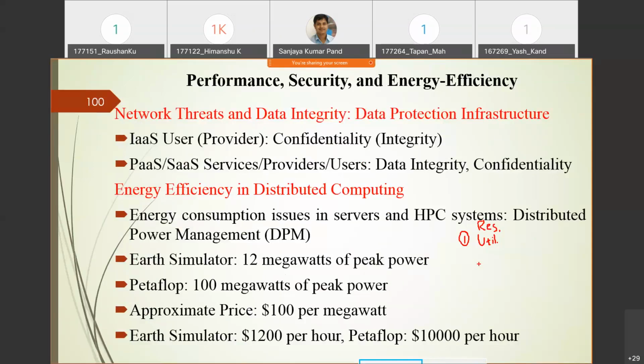Like in your computer system also, if you press Control Alt Delete, you can see the performance of the processors, or you can see how much memory you are using in your system. If you see that system, it is less than 50% only. But I will tell you, if you install a particular software, it goes above 90%. So people were more focused on resource utilization without going to the second factor. The second factor is energy. Nobody focused on energy. Earlier people were interested in resource utilization only.